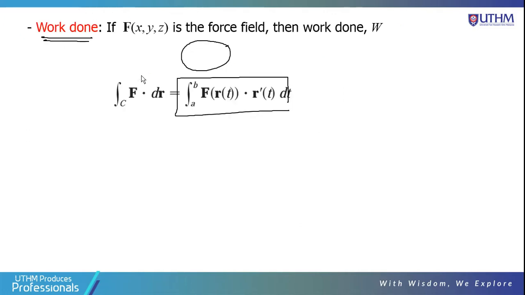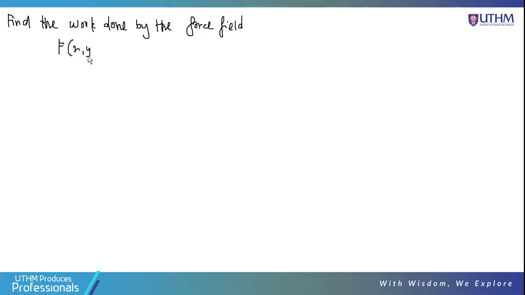So for the work done, sometimes the question just gives a statement like this: find the work done by the force field. So the given vector field is f(x, y, z)